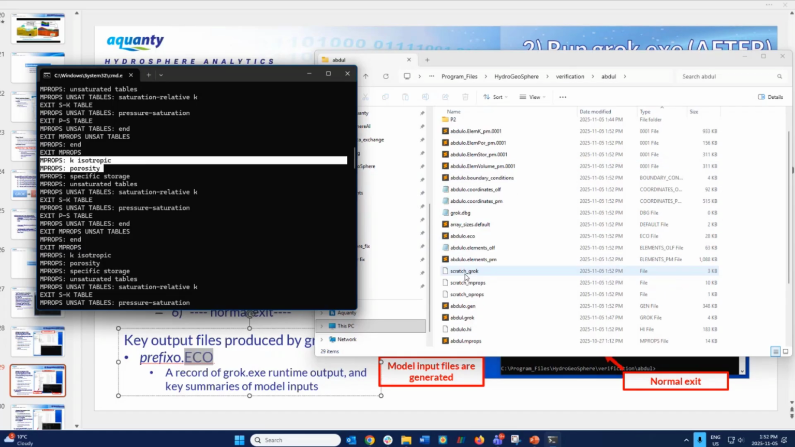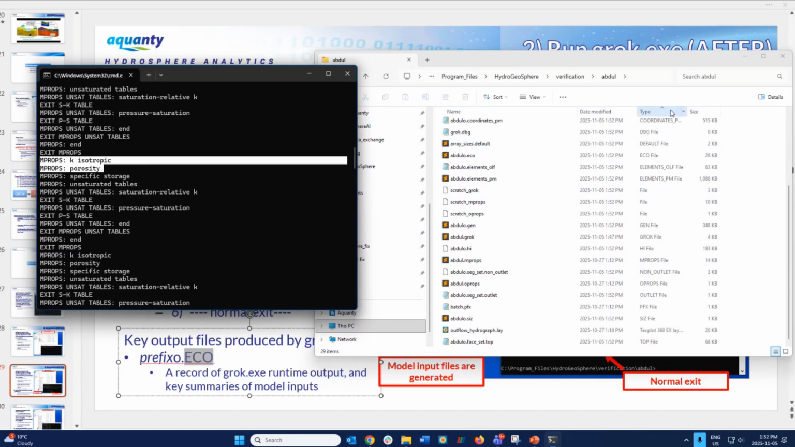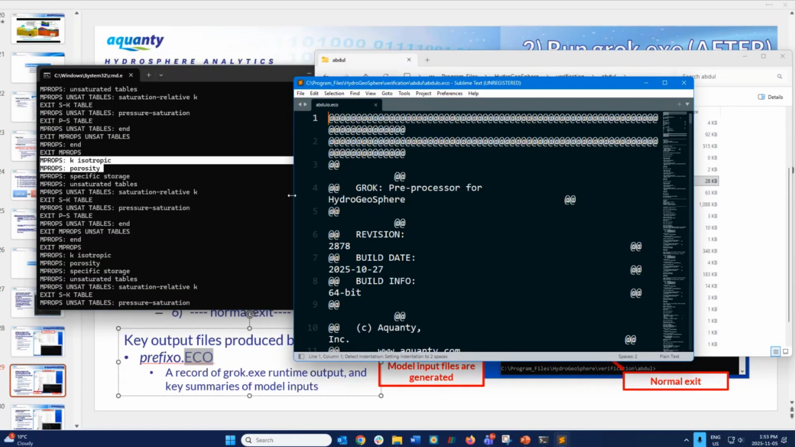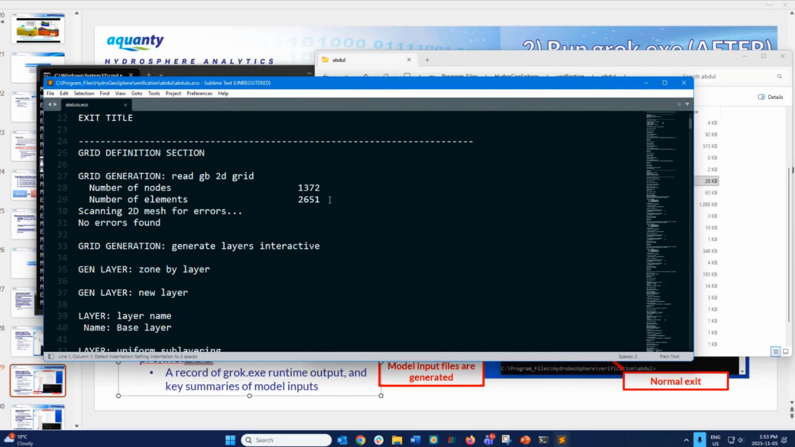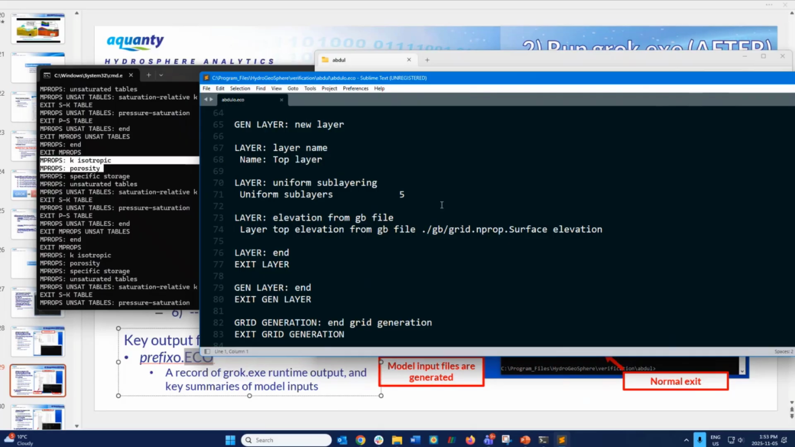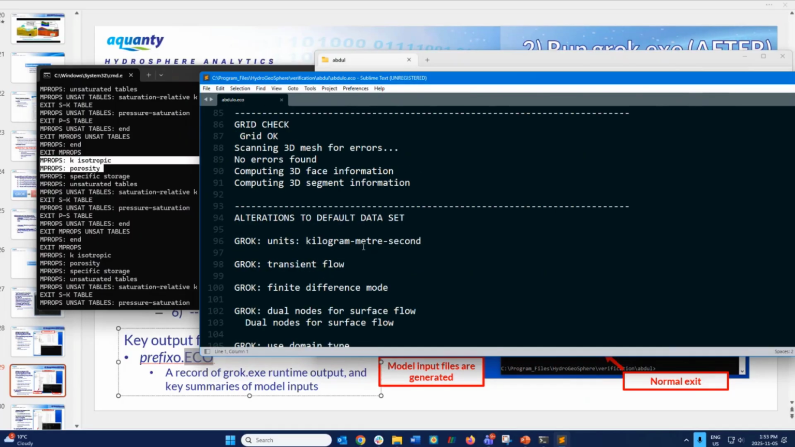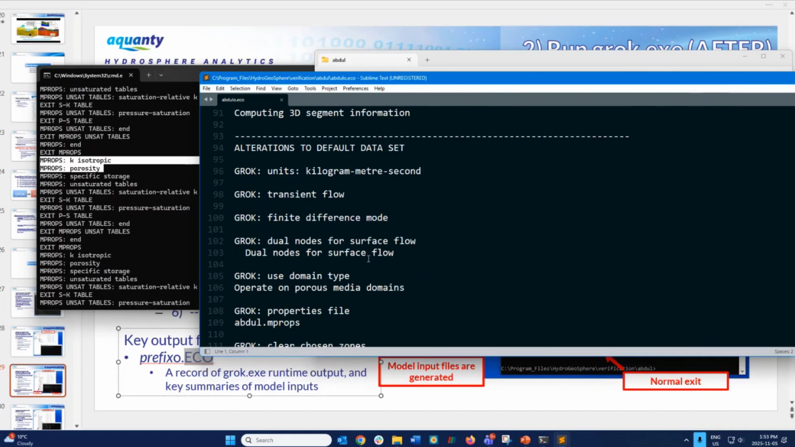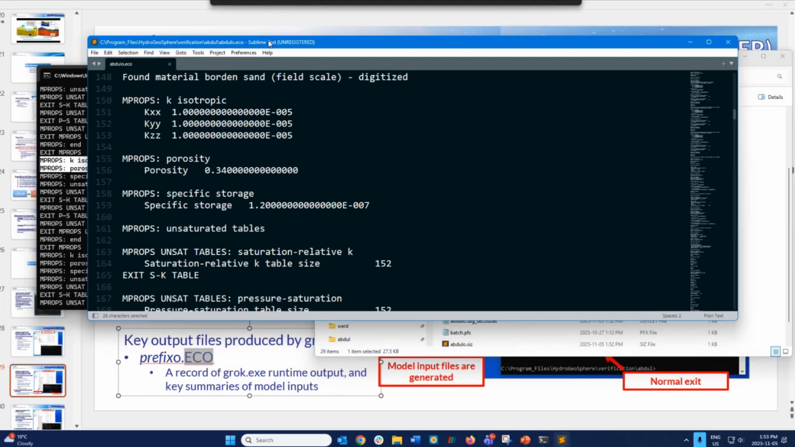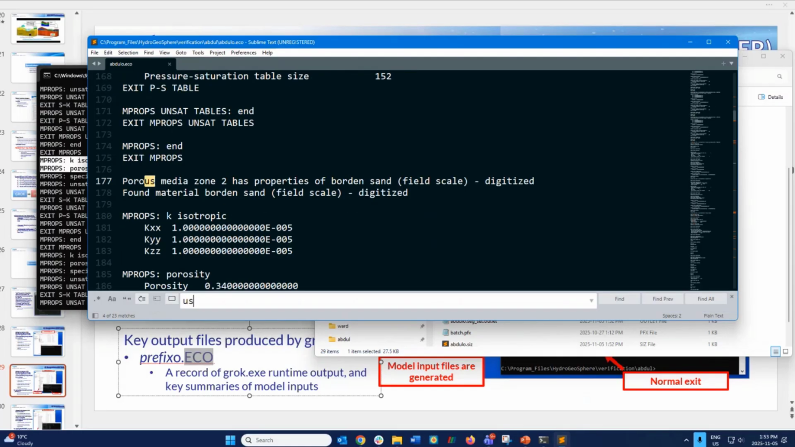Over here, all of these input files have been generated. The important one at this point is just the echo file, which contains a persistent record of essentially the same information that you find in here. It's a little bit more detailed in this echo file, but it's also just echoing line by line, command by command, what grok is encountering in the input file. The other nice thing about this .eco output file is, if you do a quick keyword search for summary,